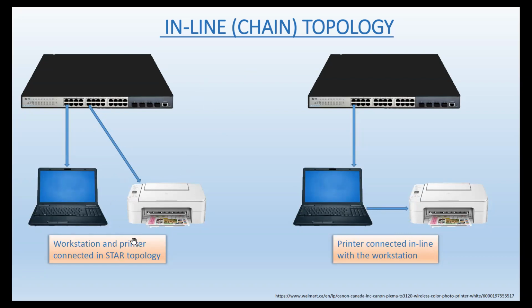Workstation and printer connected in a star topology because all those devices home run to a central location. So these two are being connected in a star topology. Well, here, these two are connected in an inline topology. See? This would be an example of a common printer for the whole office or a personal printer for that specific workstation. The point is, here's a star configuration, and here is an inline configuration. Let's move on to something else.